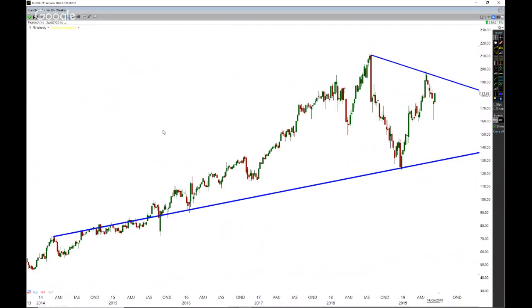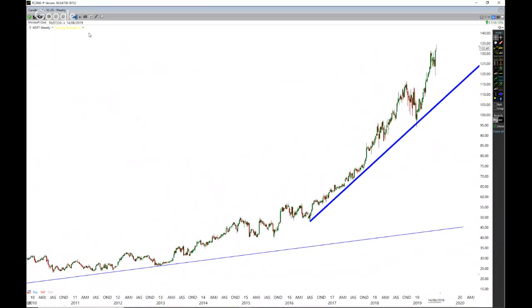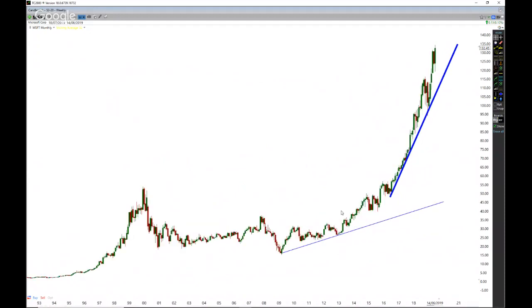And let's go have a look at just a couple more here, guys. Let's have a look at Microsoft, because I know Microsoft has just been absolutely towering. Here's some pre-lines that I've done with Microsoft here. So let's go back to this monthly chart, big long-term monthly charts. And what do we have here? Look at that. Look at that.